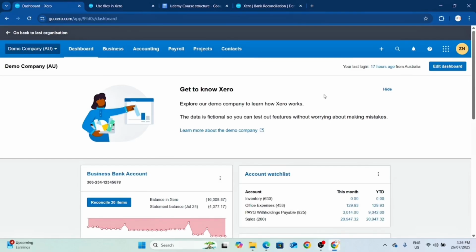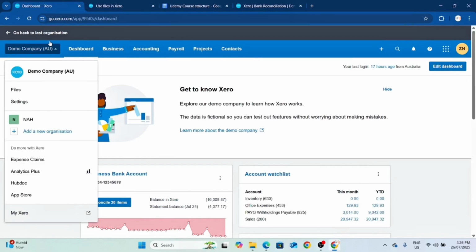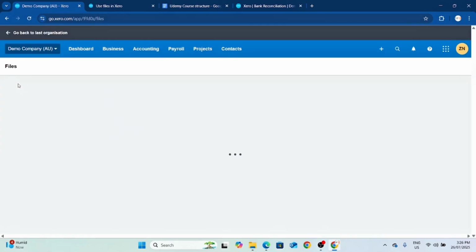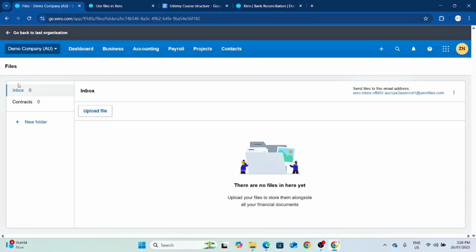Okay, so with the filing, you would go here, click on files. So these are the files that support your transactions in your bank. Let's say you have certain invoices or certain bills or bank charges, bank fees, bank statements. You can just come here straight and then upload files, or maybe from your browser you can just drag and